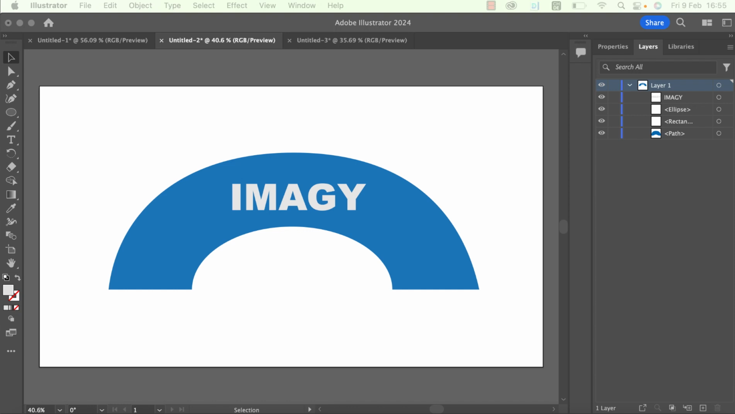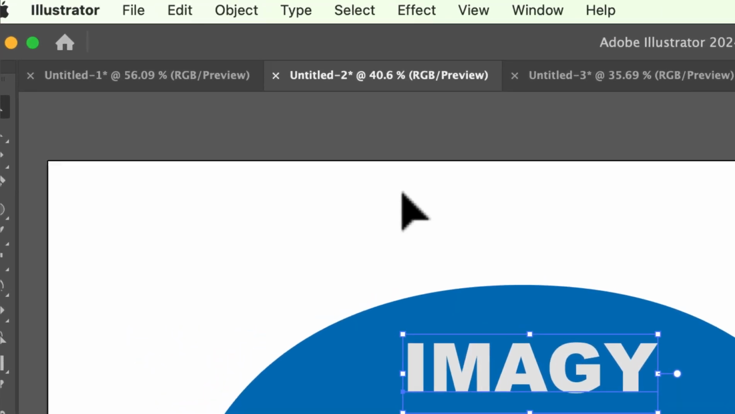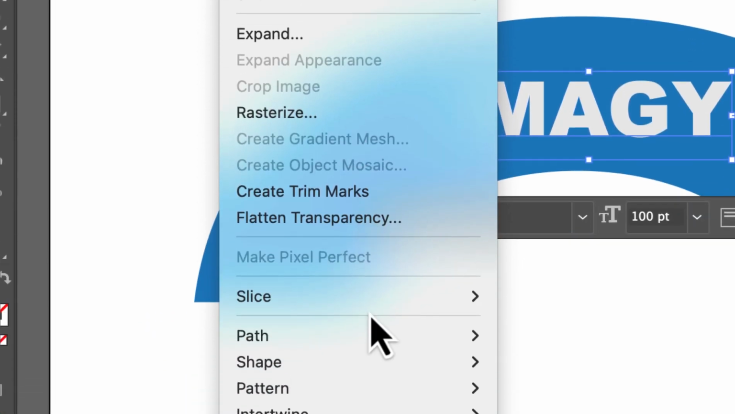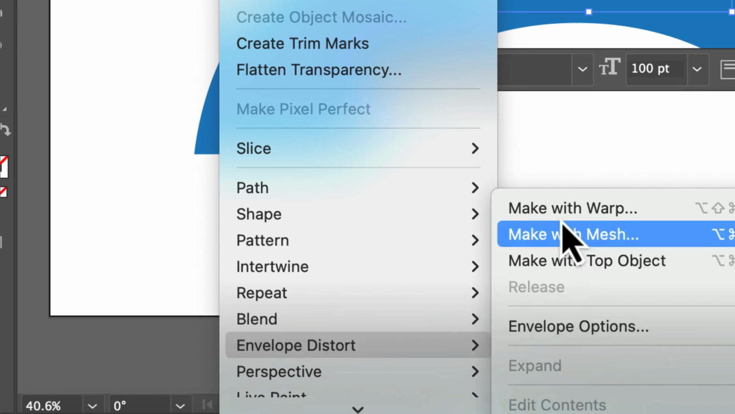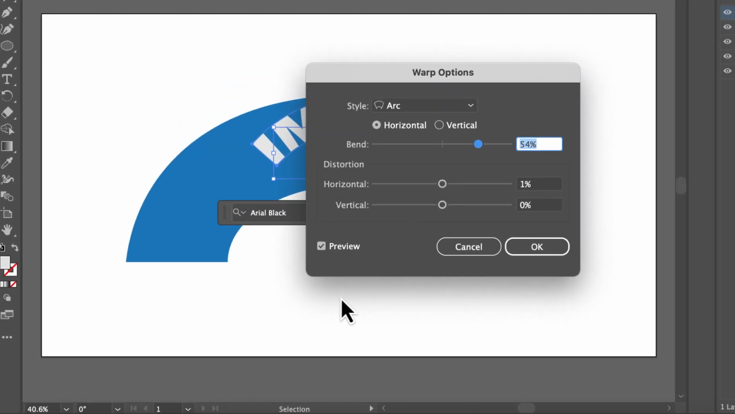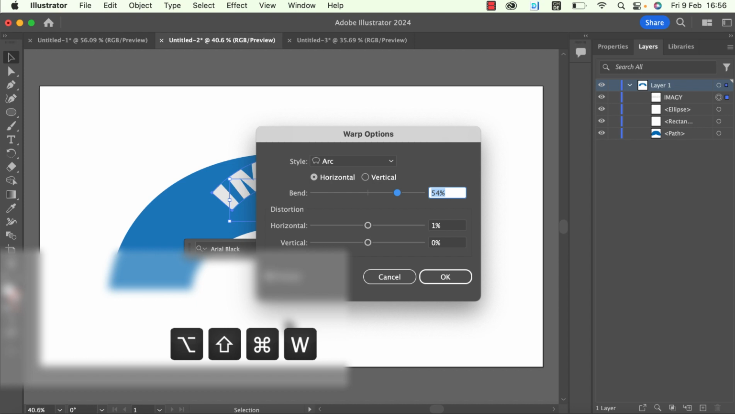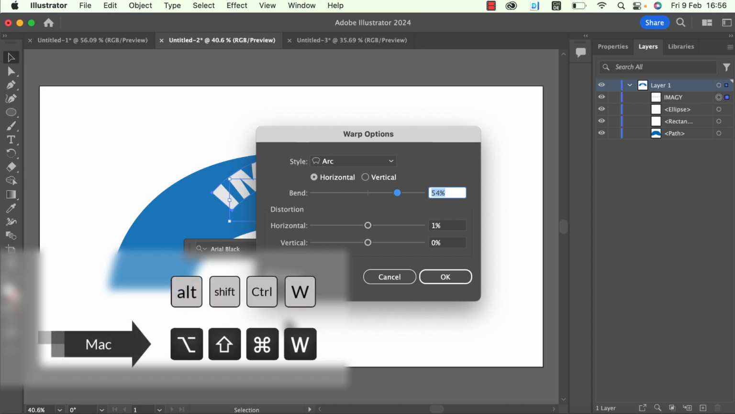The second method involves the Make with Warp feature. You can use this by selecting your text and clicking on Object, Envelope Distort, and Make with Warp. You can also use the shortcuts Alt or Option and Shift+W on your Mac, or Alt-Shift-Control and W on your